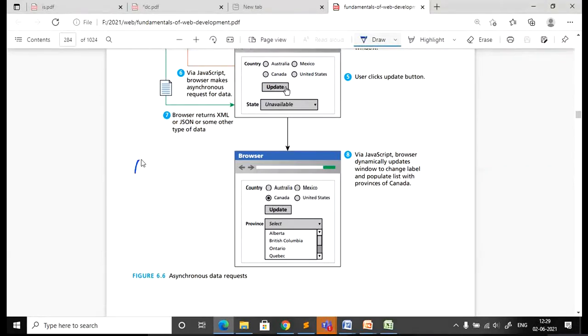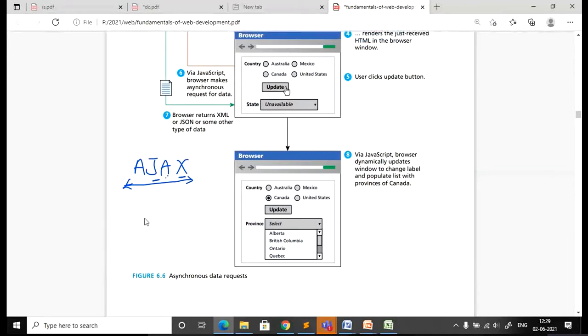Okay, so this is implemented using Ajax. Here Ajax stands for Asynchronous JavaScript and XML. So here A stands for and. Okay, so this is an advanced concept of JavaScript. We'll be discussing Ajax in the later classes, but here I'll just show you the effect of using Ajax in your application.